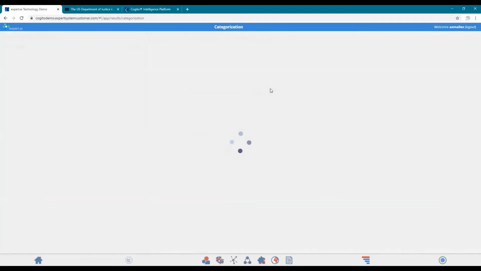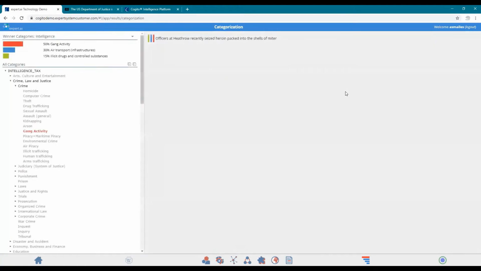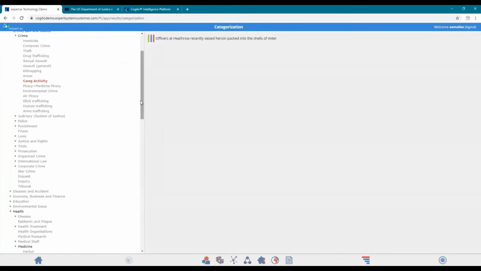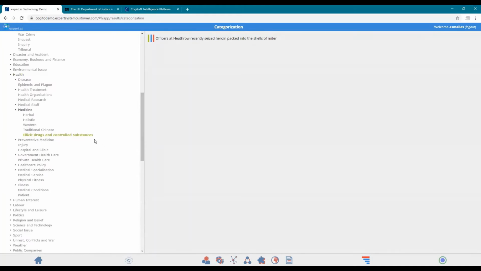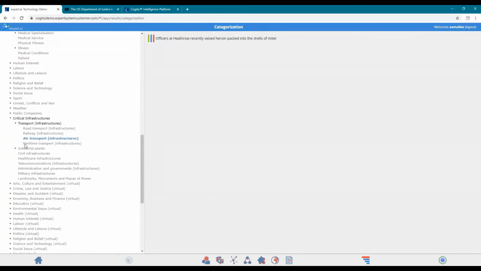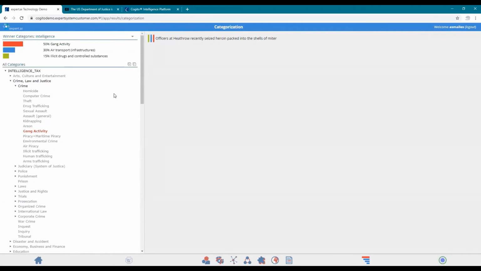And lastly, if we try the intelligence taxonomy, it's also classified as gang activity, illicit drugs and controlled substances, and air transportation. So you can see this very simple sentence has been classified in multiple different ways, depending on the taxonomy and the particular requirements of the business, what they want to do.